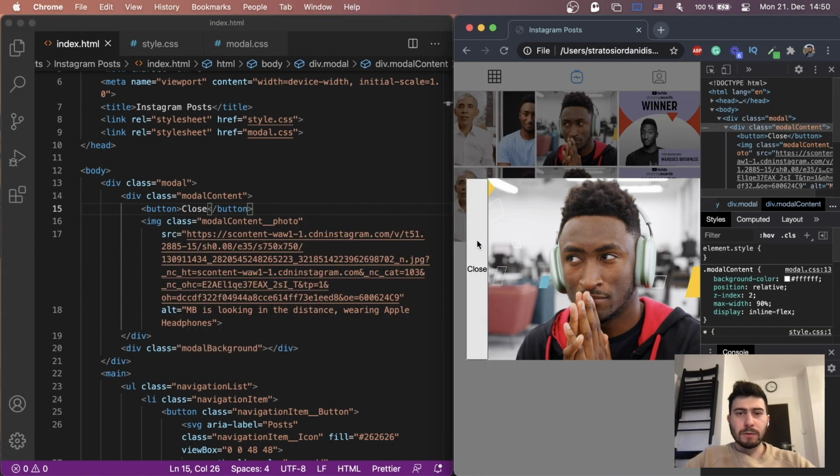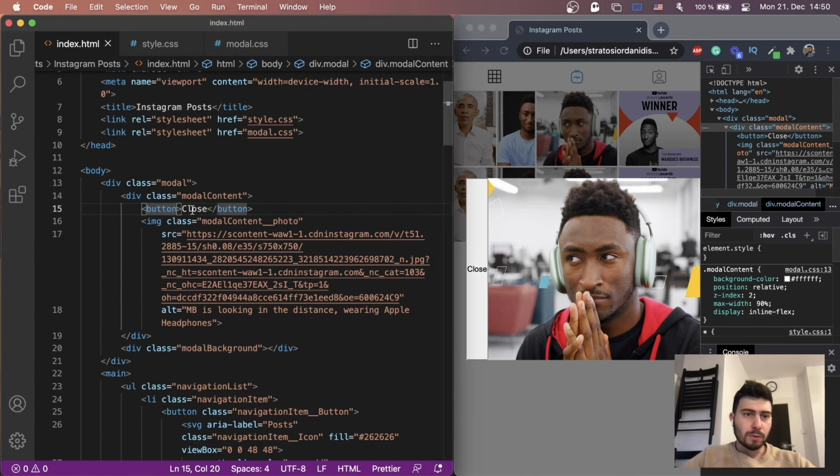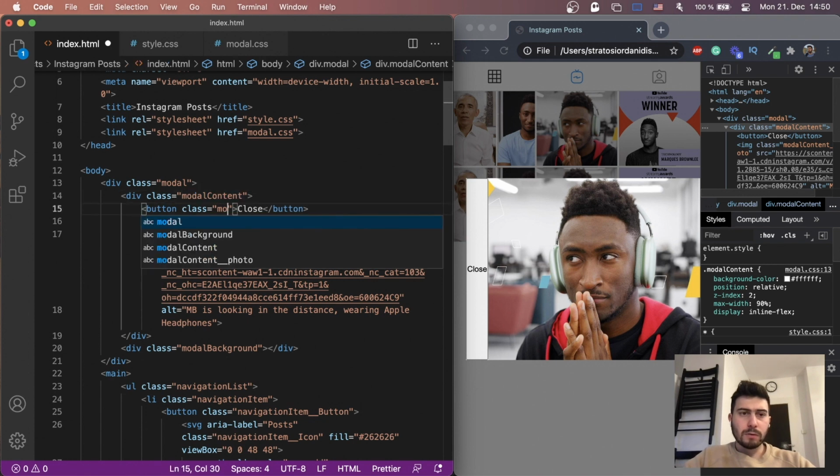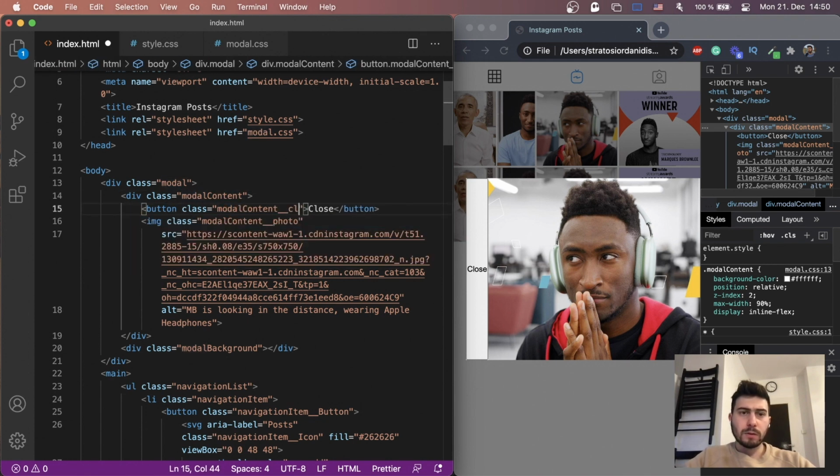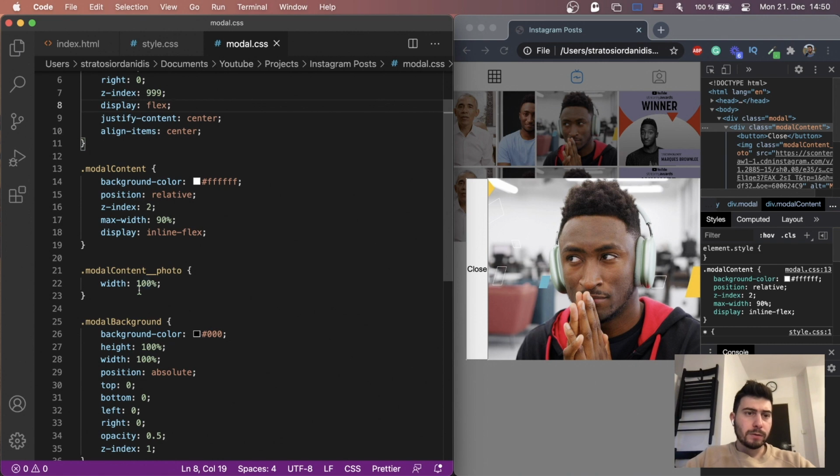So you see the button here, not the best position, so we can position it later. Let's give it a class. You can actually put model content close button. Okay, I can copy this, go to our CSS,